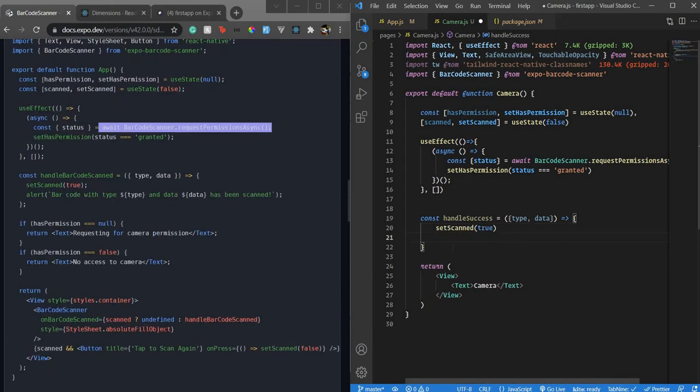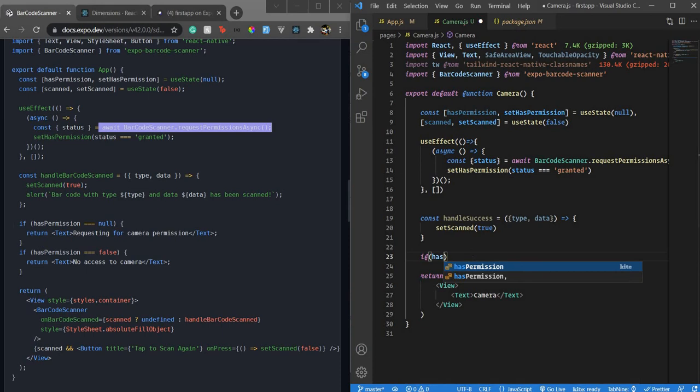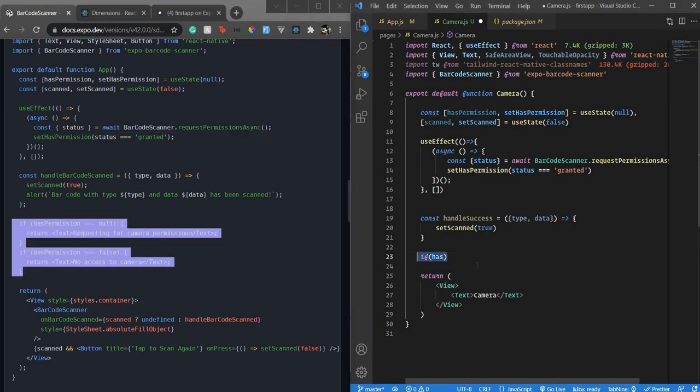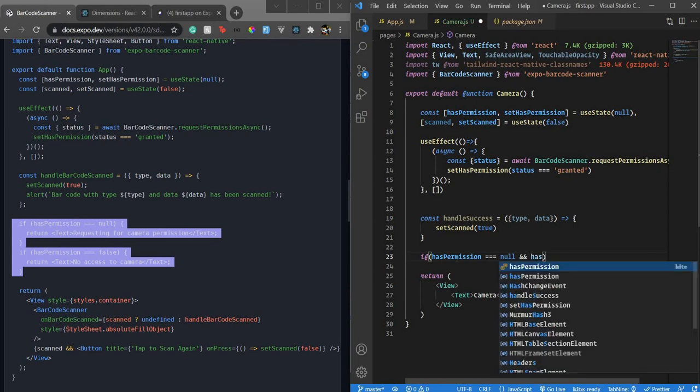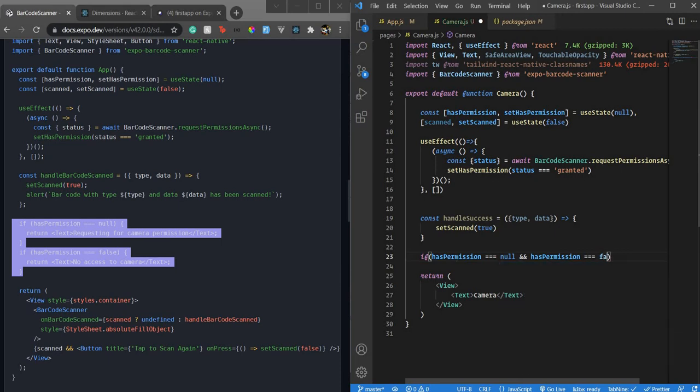So next we have has permission. Actually this is not required, this is an extra step, just to say that you haven't given permission. So what I will do is I'll just combine this in one line. So if has permission is false, just to keep our usability straight and nice. Actually it should be or, not and, because if one of them is true,